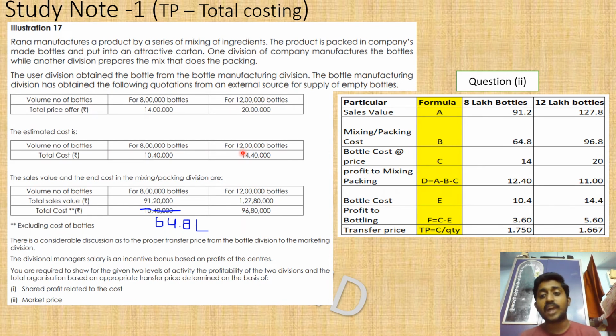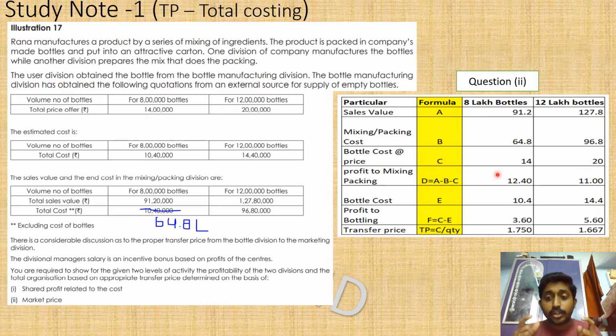So we need not allocate in some other way and complicate things, though the book is a little bit complicated. This is a simplification. If you want to deliver as per the book, it's perfectly okay, but here the logic is very clear. You can understand this logic, apply the book's procedure, and deliver in the question. You need not bifurcate; you have easily found it out. The sales value is given, and the total cost for the mixing and packing division is also given. So sales value minus total cost of mixing and packing minus market value of the bottles will give you the profit of the mixing and packing division.